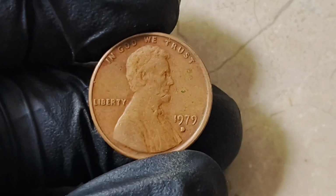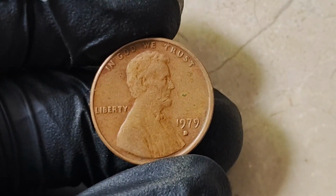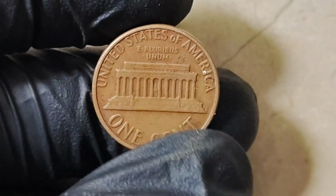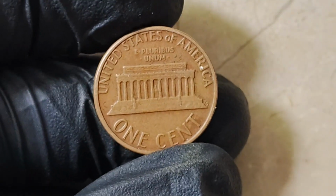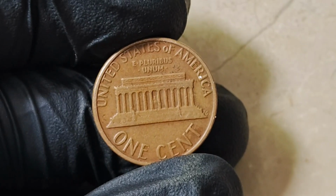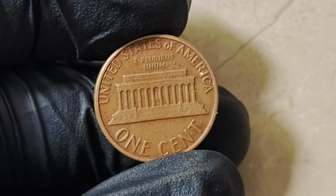The bids shattered expectations: $5,000, $10,000, $100,000, and when the final gavel struck, the room fell silent. One mistruck penny, pulled from gas station change, was now worth nearly $1 million, and to this day, experts still